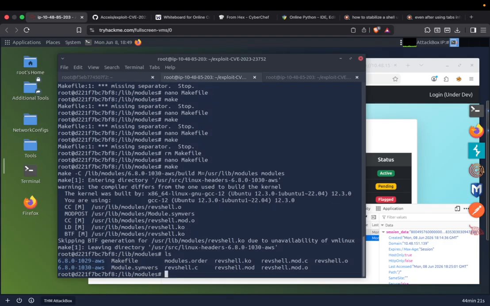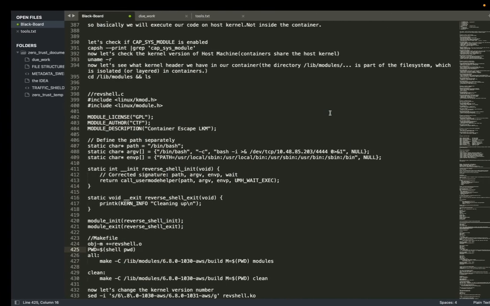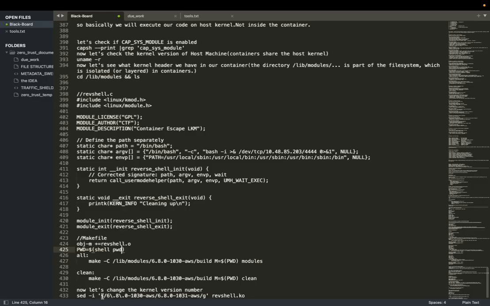Okay, so let's see. Do we have that ko file? Yeah, we have, as you can see, refshell.ko. So our kernel module is ready. We now have to just execute it. Oh no, there is another part. As I said, we compiled this kernel object using the header files for 1030, but our kernel version is 1031. So we have to change that. To do that, we will use sed -i. It will change the part that starts with s/g with this one from that file. Okay, so I'm just going to copy this